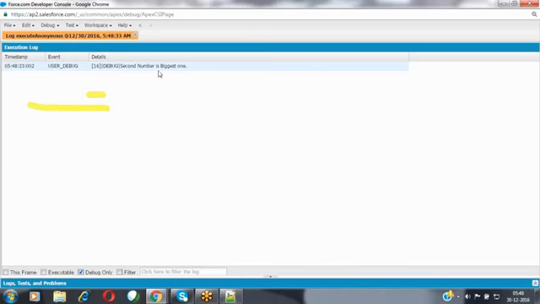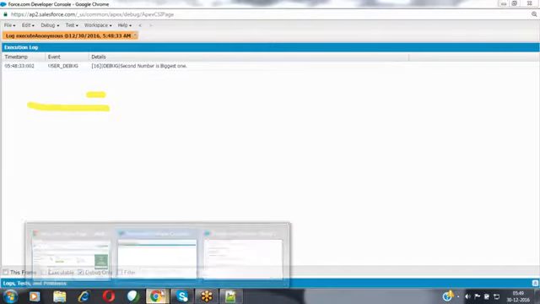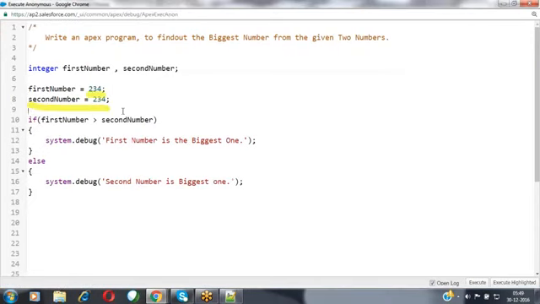In this case, we just verified which one is the biggest one. Whenever you are identifying which one is the biggest one, not only this one condition, sometimes we need to verify one more condition, whether these two values are the same or not. Then how can we add one more condition?